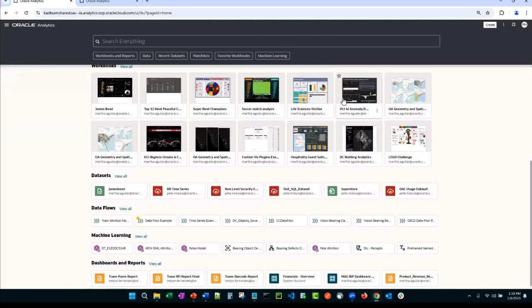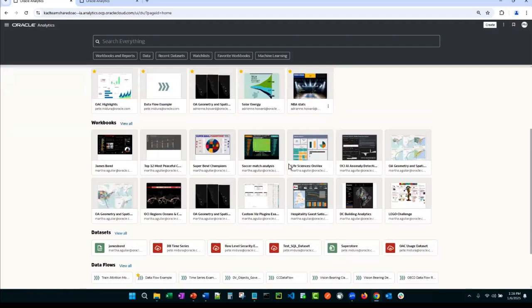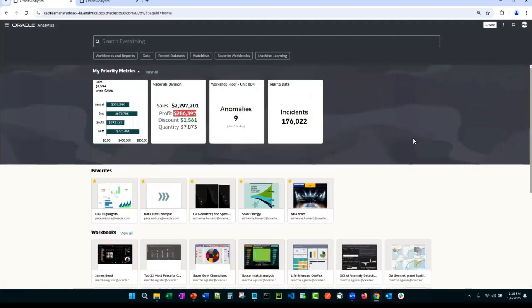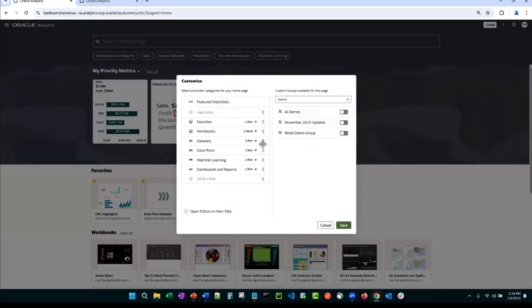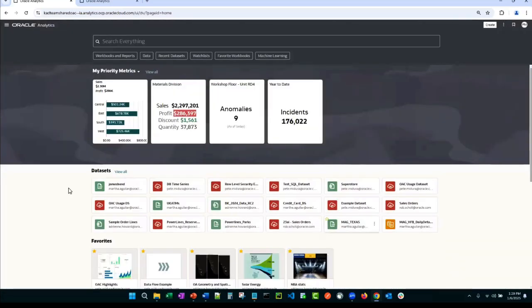Good news is, every user can customize their own home screen and tailor it to their desired layout. Maybe I want to see my data sets moved up a little bit higher. Well, good news is you can do that in here. If I come over here and I go to Customize Homepage, I can find my data sets. I can drag them up on my homepage, and maybe I want to display more than one row of recently accessed data sets that I have privileges to use. I'm going to save that, and now see your data sets are all at top, only a click away.